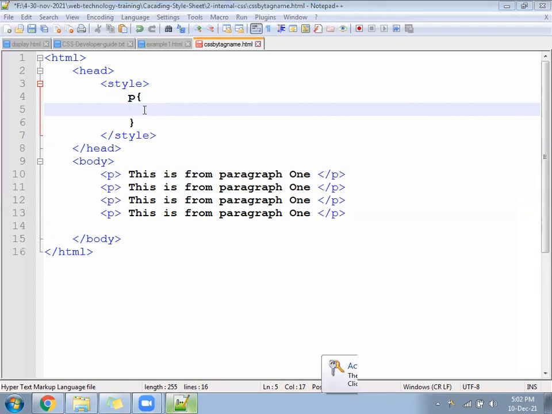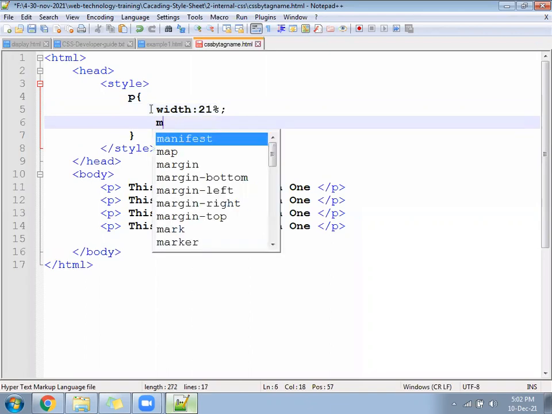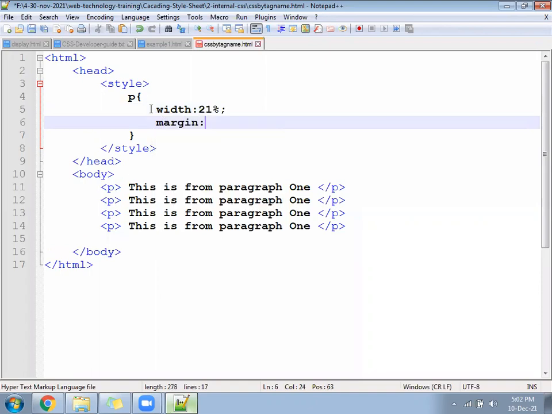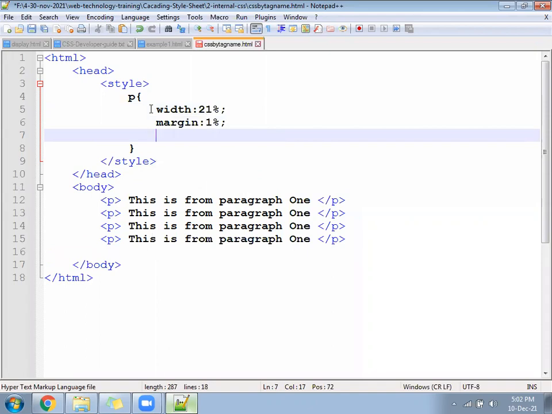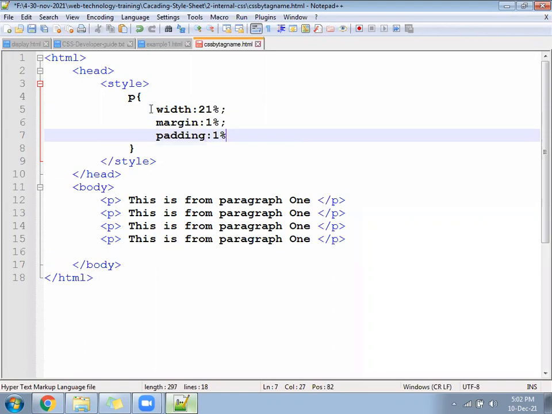Inside the P tag, write the width of the paragraph, 23%, not 21%. After that, margin between 2 paragraphs 1%. This is outside gap. Then the padding of paragraph 1%.